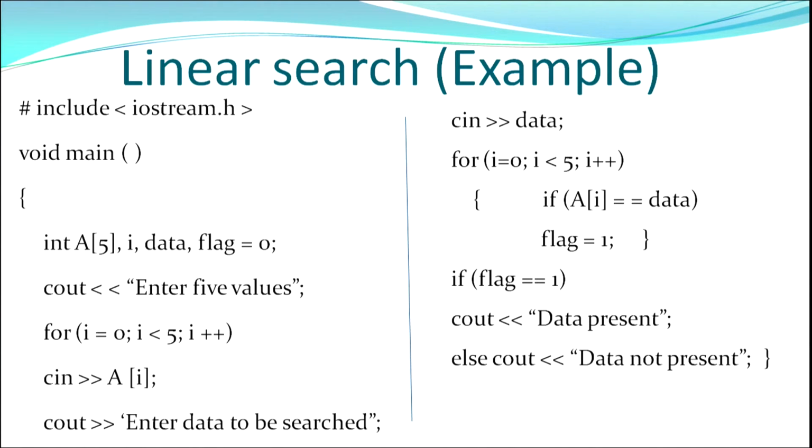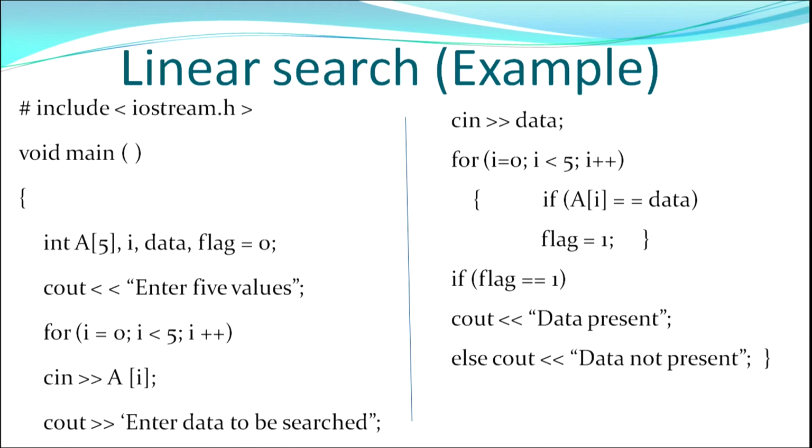The first loop is accepting data values, then the program asks about the data to be searched. The variable that is storing that particular element is data. Inside the second for loop, I compare. See the if statement, it says if ai equals data, means the element that is being traversed, that is